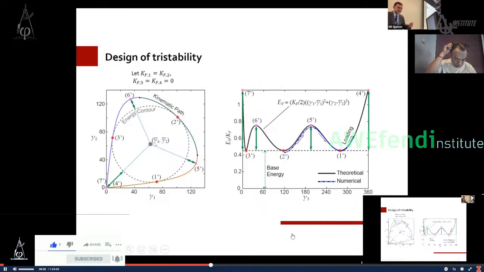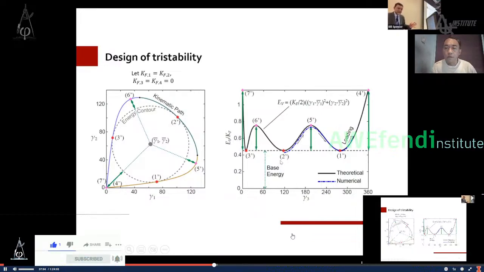For the sake of simplicity, then we are assuming gamma 1 and gamma 2 to be equal. And we are assuming that the folding stiffness of 2 of these hinges are equal, and the other 2, they are free. The folding stiffness is basically close to 0. What we are going to see is that whenever this energy contour touches the kinematic path, right, then we have a minimum. As you can see here, 1, 2, and 3, and you can see here the energy versus the